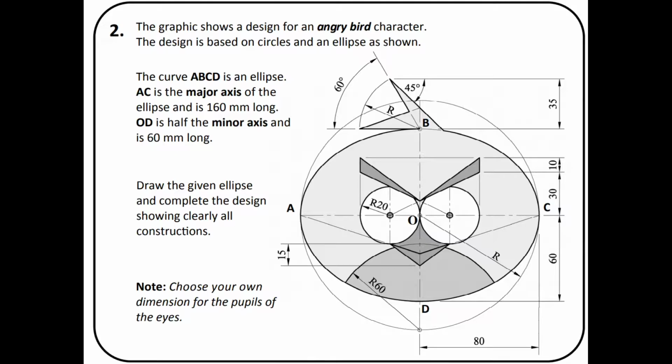We're given the length of the major axis, which is 160, but the length of half the minor, so it's not the full length of the minor, half the minor is 60. So just something to watch out for. Starting this question,